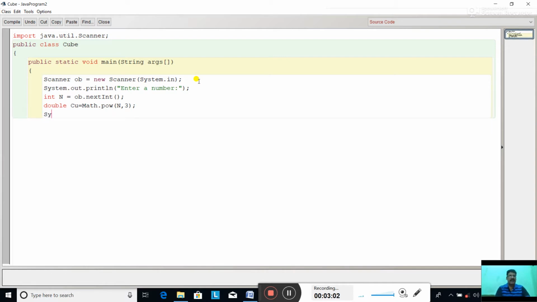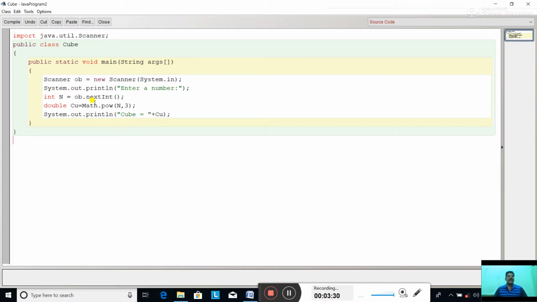Now the printing part: System.out.println("Cube = " + cu); close.